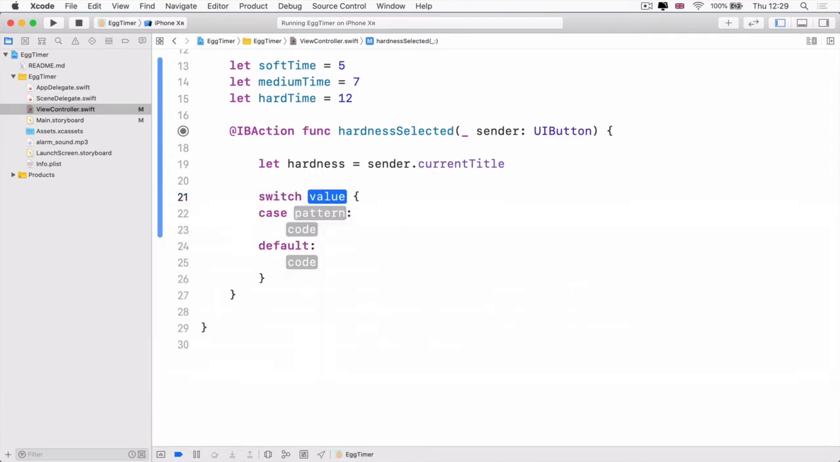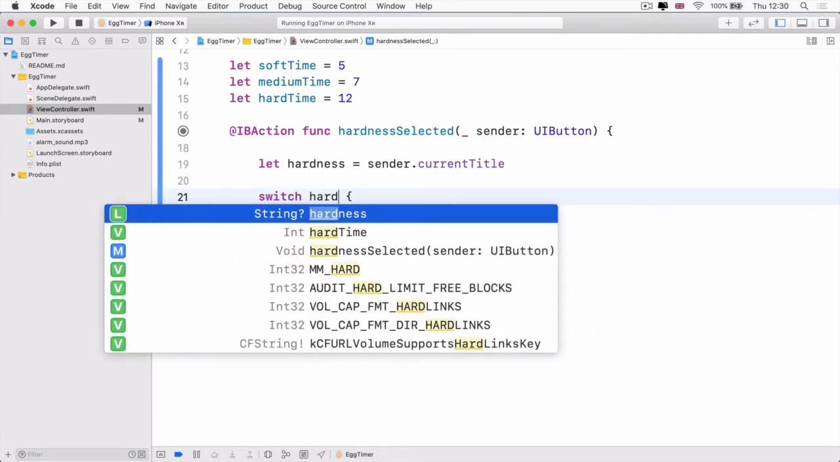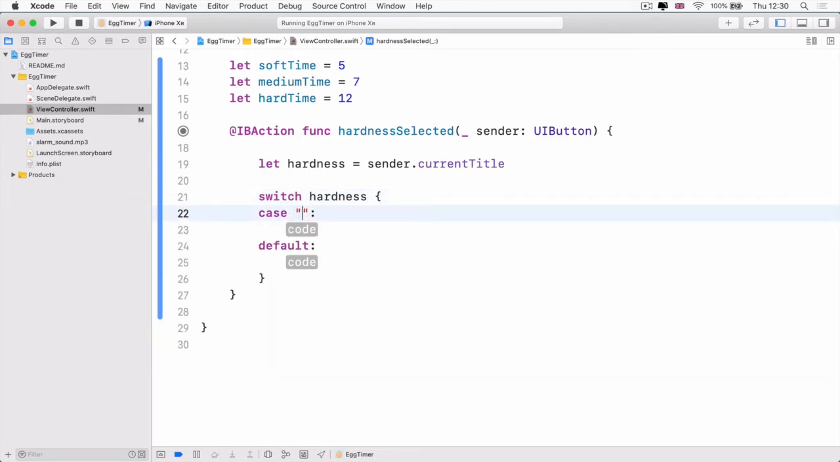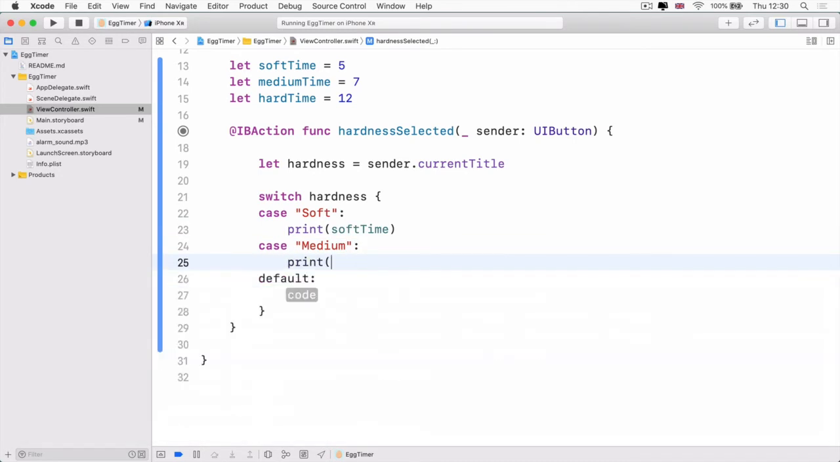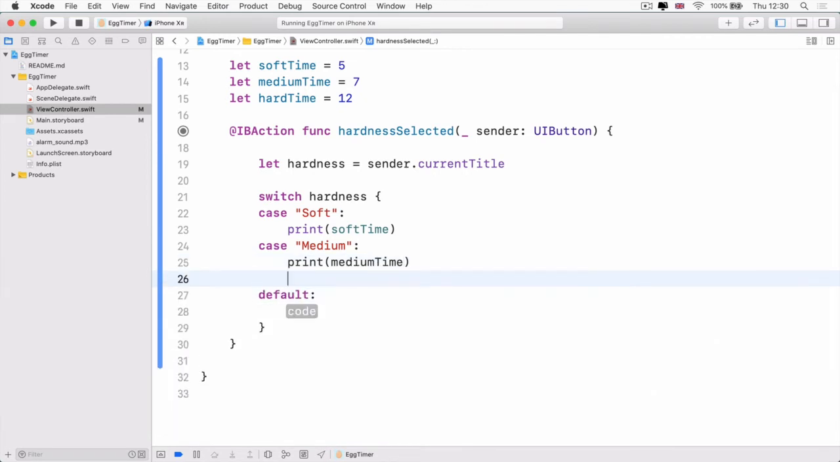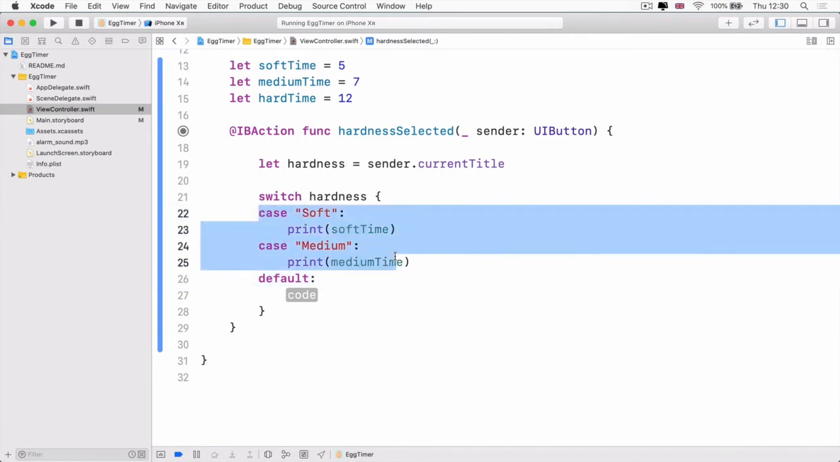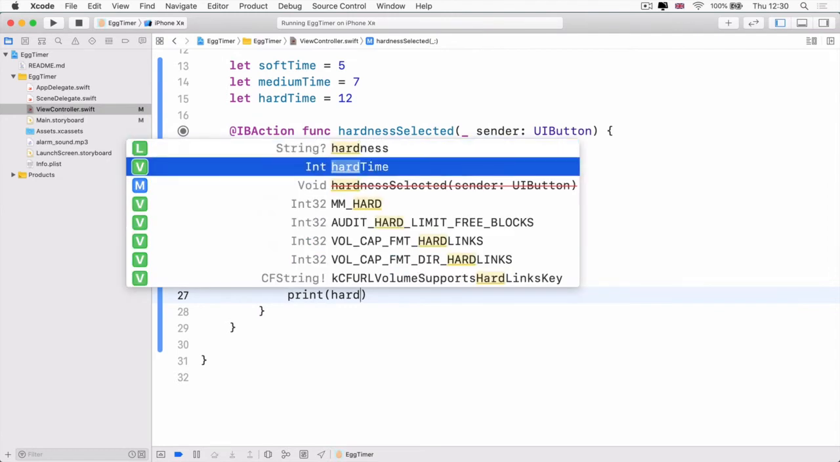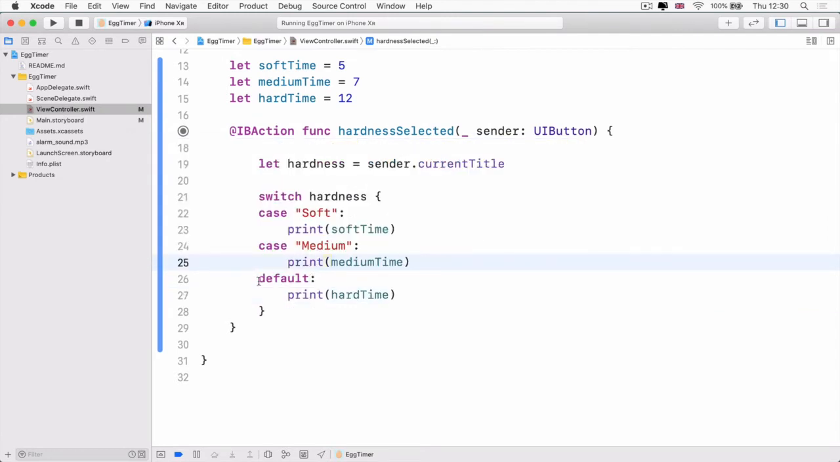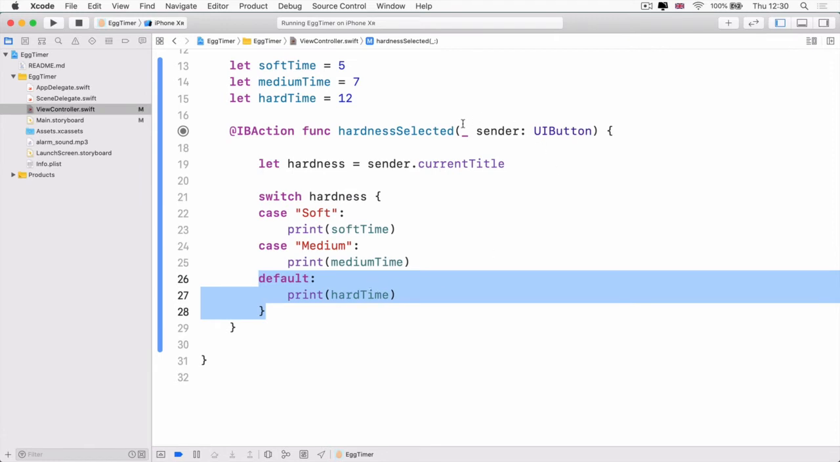So we could have switched on our hardness value, so this string, and if the case was that it was equal to soft, well, in that case we should print the soft time, and if the case was equal to medium, then we could print the medium time. And through the use of the default, which of course we can only have 3 options, we could print our hard time. Alternatively, we could add another case and make the default catch exceptions, where for some reason or other